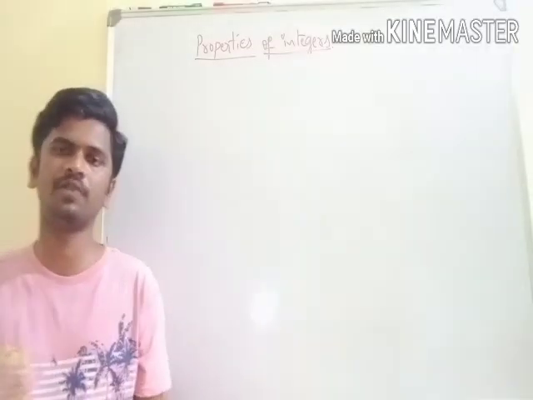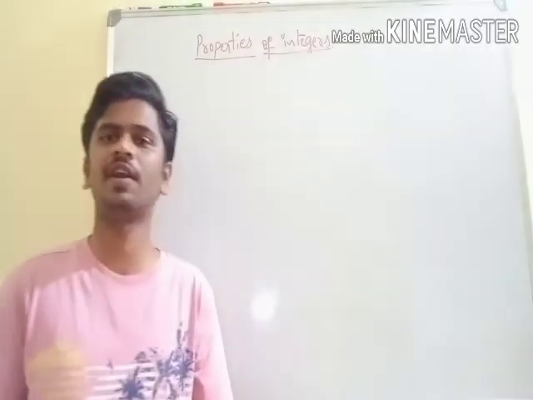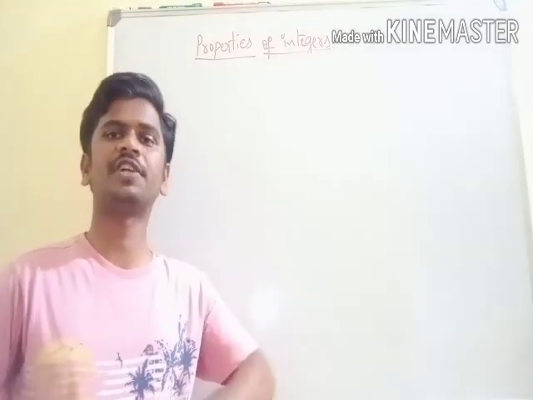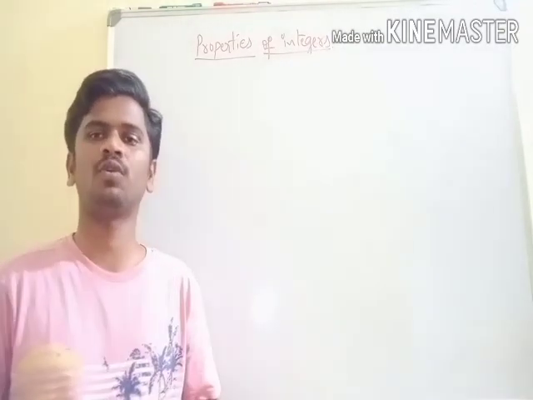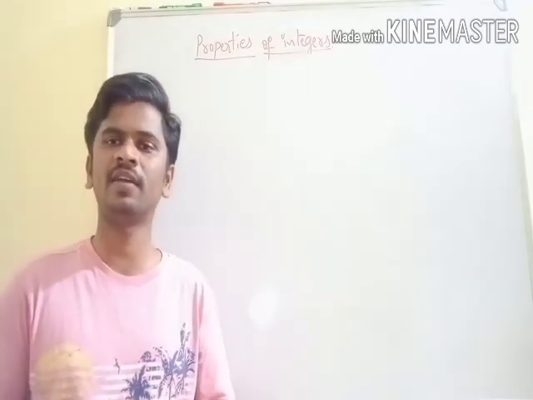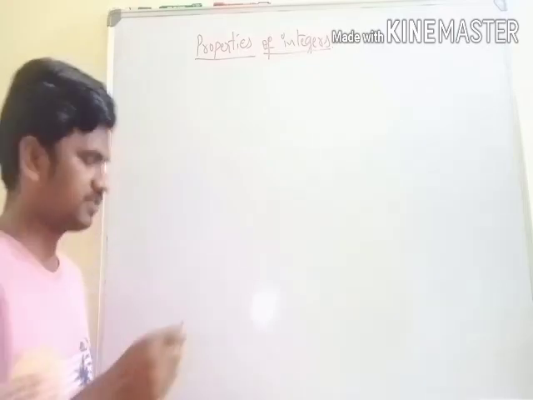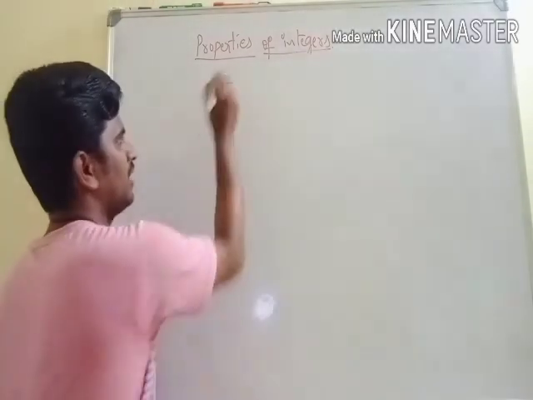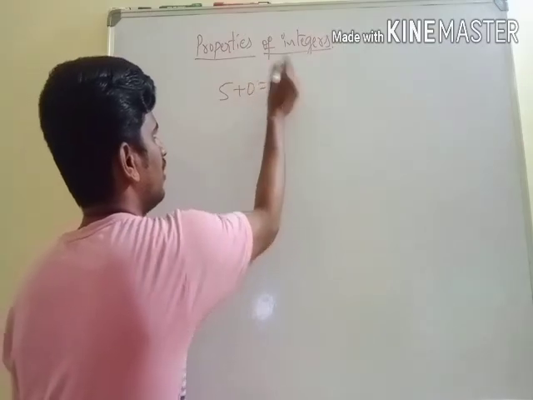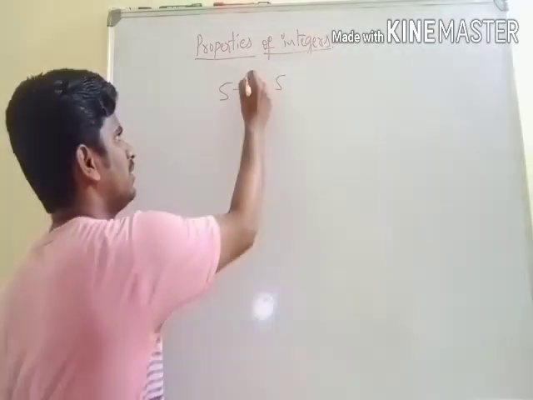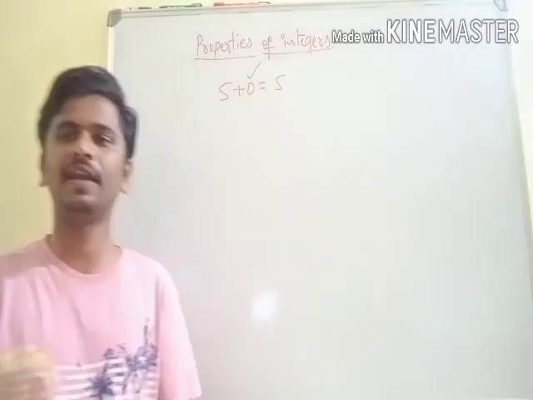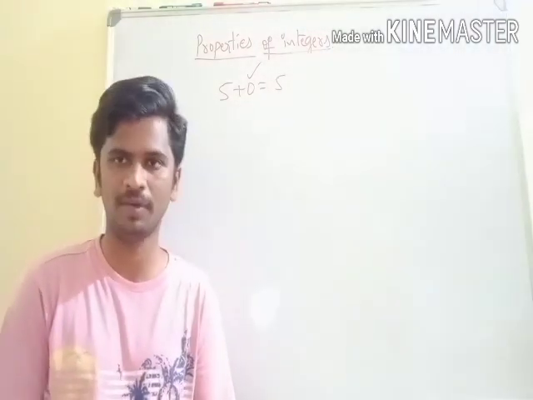Then in your previous course you studied about whole numbers. In that you studied some properties of whole numbers, that is when you add 0 to any whole number, again you will get that whole number. Is it correct? See the example, 5 is a whole number. If you add 0 to 5, then what happens? Again you will get 5. Then we called 0 the additive identity for whole numbers.